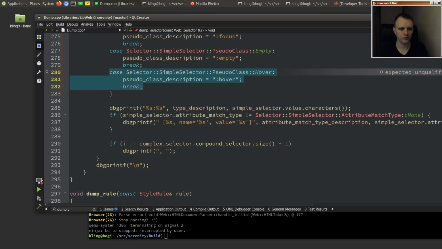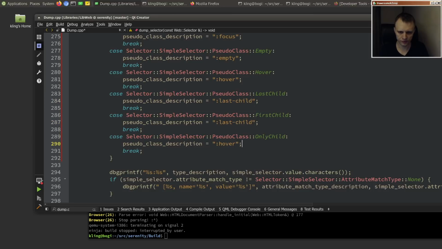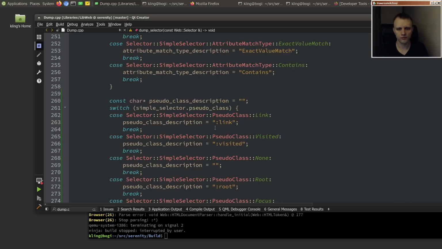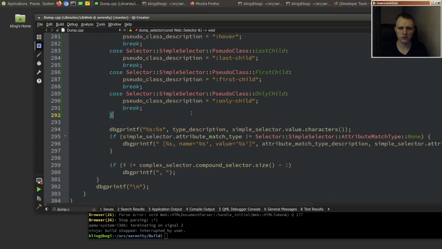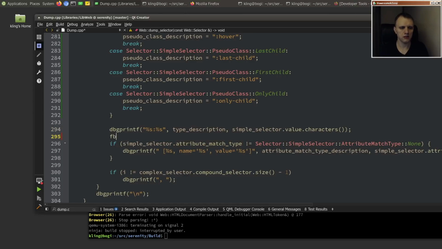Hover. What do we have? Last child, first child, and only child. Forced. Okay. And then we can just include it here, I guess. Sets of attributes will include it here. Okay. And then debug printf %s,